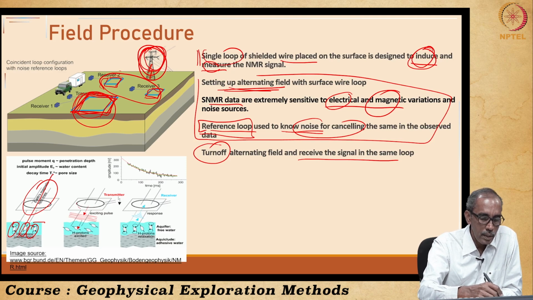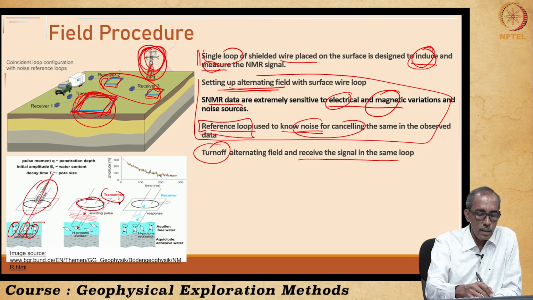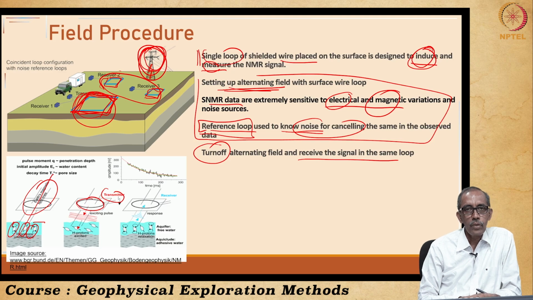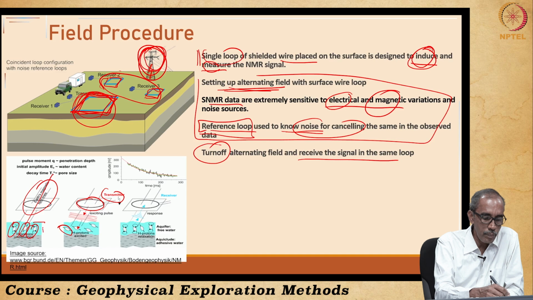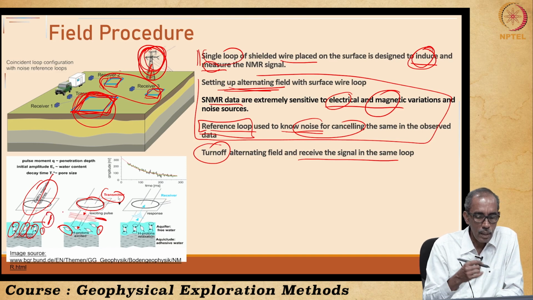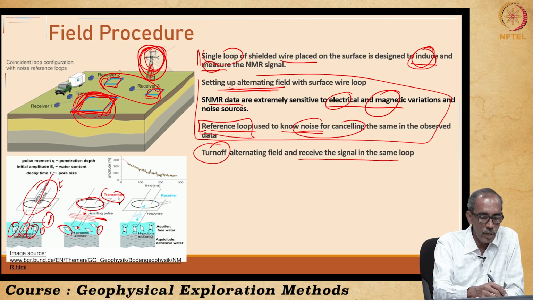As here you can see, it is more or less in a circular form. This transmitter cable is kept on the surface of the Earth, and using this cable we excite the protons. Upon excitement, you look at the orientation of the protons. Initially, in picture number 1, they were aligned like this. In picture number 2, their direction has changed to 90 degrees from here, right. So, this is the equilibrium phase, and this is excitement or transmission.